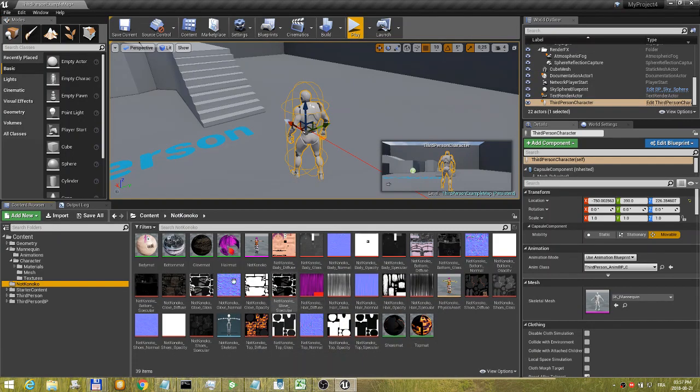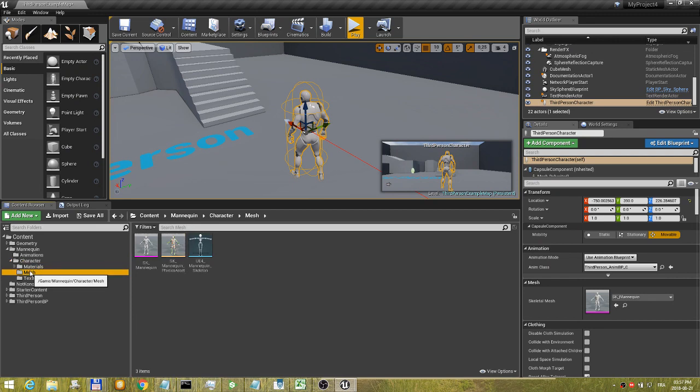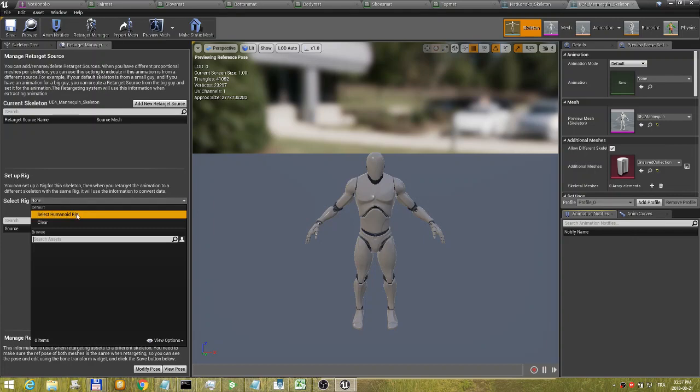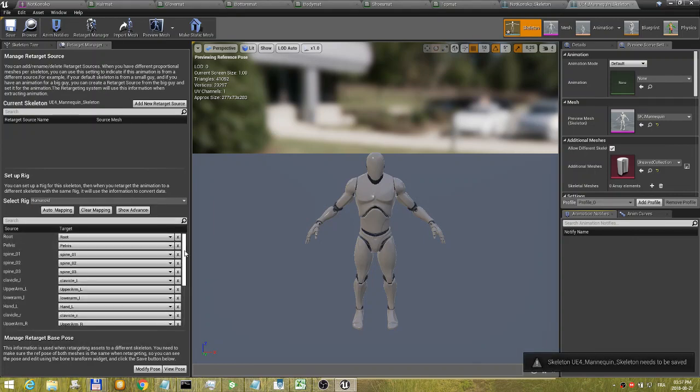We go to the main project window, look up the character mesh, and open the mannequin skeleton for editing. We can see that by default this is set to none, and we need to select the humanoid rig, and all the bones are automatically assigned to the correct parts of the skeleton. So we just need to save the skeleton now,